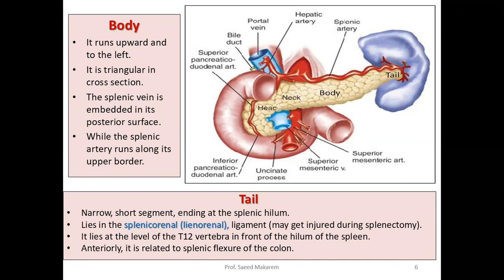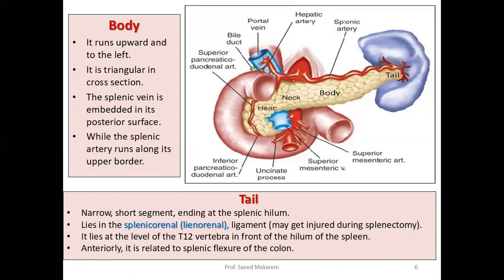They will be deficient, and there is an increase in glucose. This is because of the surgery. This is called induced diabetes or induced hyperglycemia, because you are cutting the tail during the splenectomy. So you should be very careful when you're removing the spleen, because you can cut the tail and you can